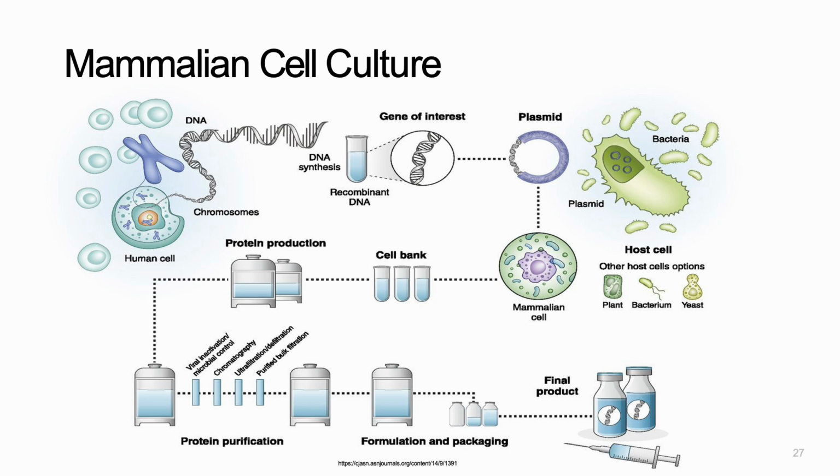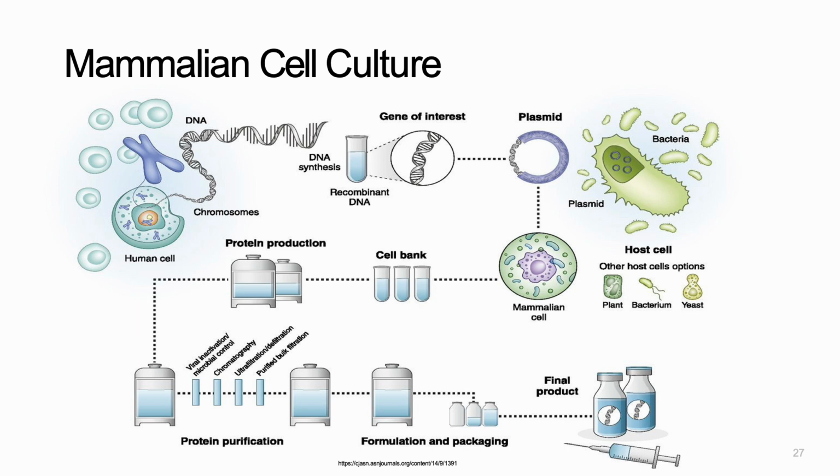Now, coming back to this process, we will see again those plasmids that may now be active, able to produce a specific protein in a mammalian cell. So I'm giving you an example of a mammalian cell here. Here we have mammalian cells that can produce a protein based on the recombinant DNA that has been added into their genome through a bacterial or viral infection. Now we are going to take those mammalian cells producing, among other proteins, the protein that we want, because this one is a therapeutic protein.